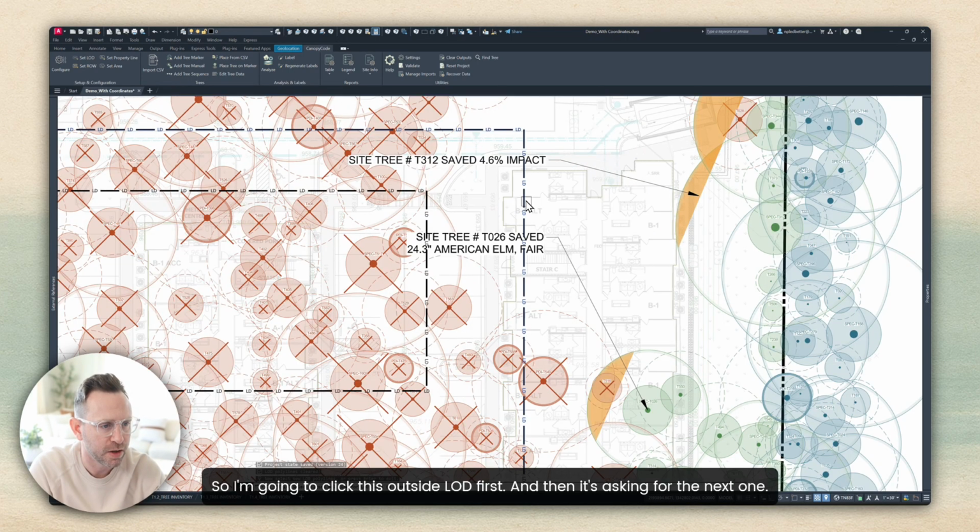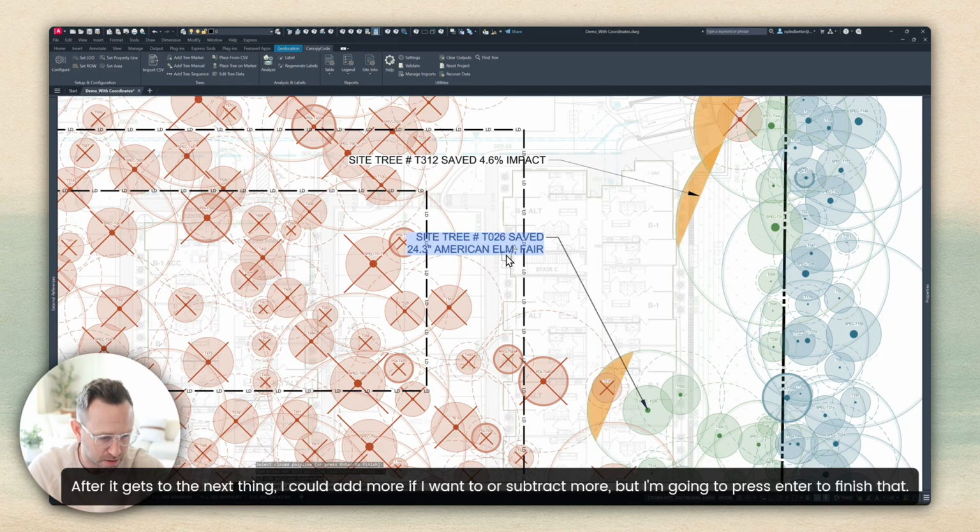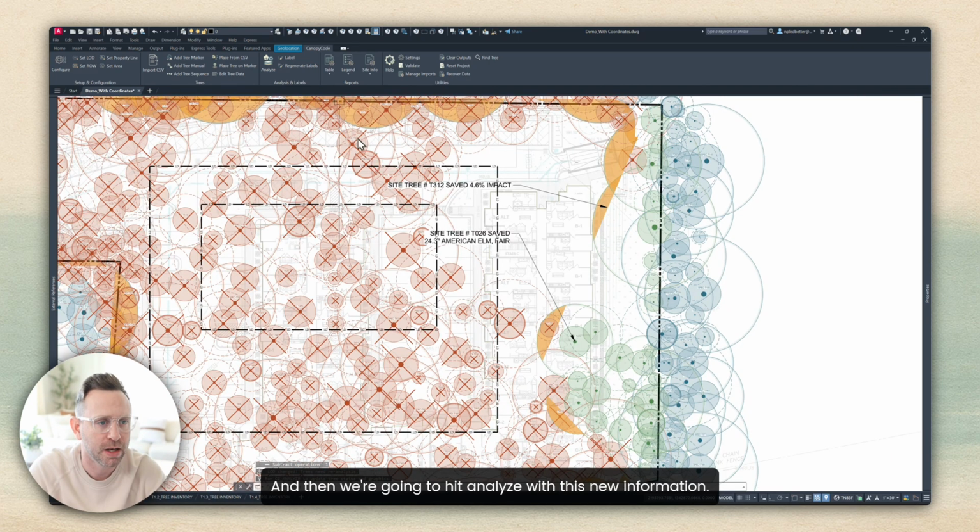I'm going to click this outside LOD first, and then it's asking for the next one, so I'm going to click this one, and see in the bottom down there in the command line history, I'm going to press S to subtract that area. After it gets to the next thing, I could add more if I want to, or subtract more, but I'm going to press enter to finish that. And then we're going to hit analyze